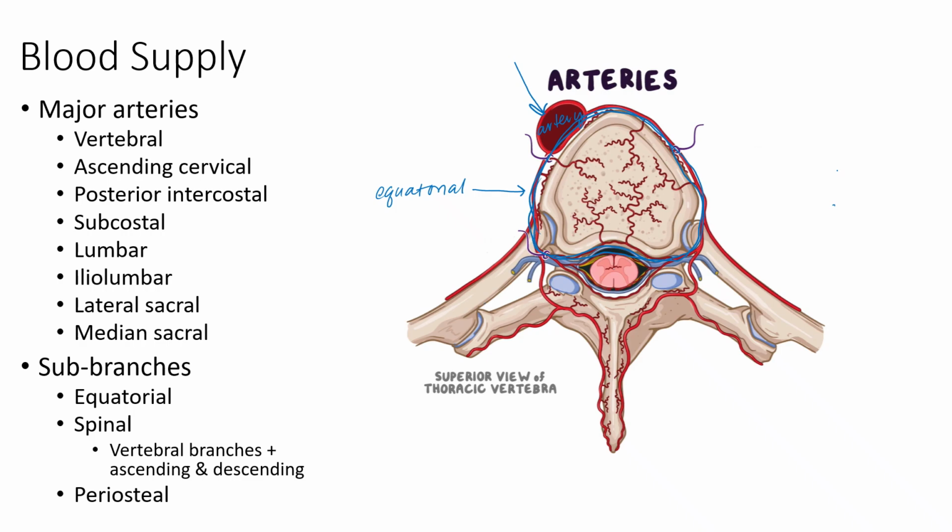You have spinal branches. These are ones that come in and hug the spinal cord. That's an exaggeration so that it stands out over there. It actually goes around the spinal cord, as well as the anterior aspect of the arch of the vertebrae. And then you have the periosteal branches, which are these penetrating branches that come in, periosteal arteries, and these here are spinal